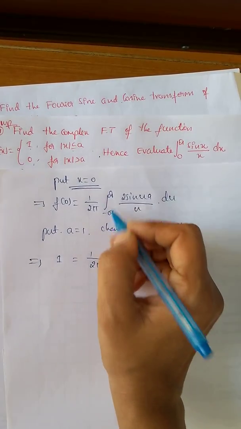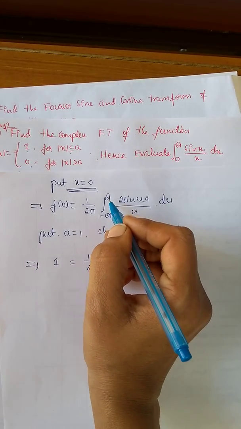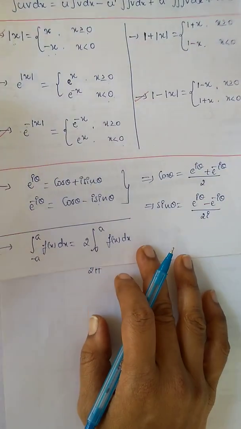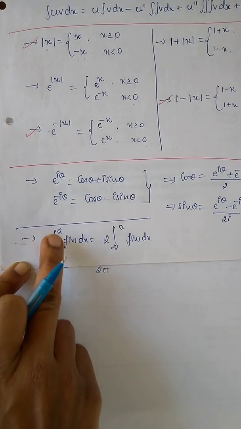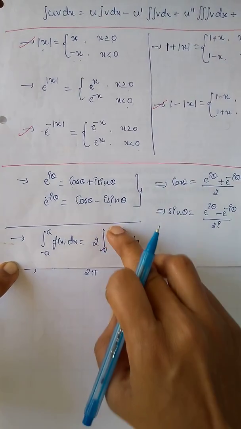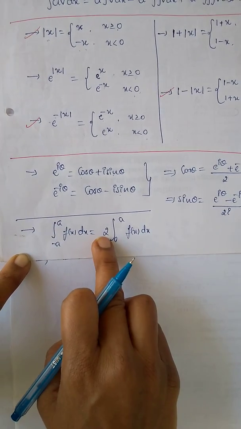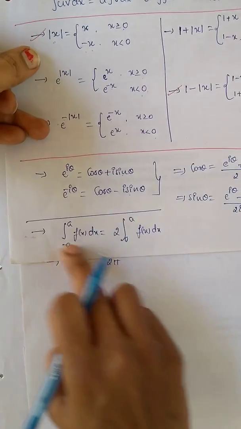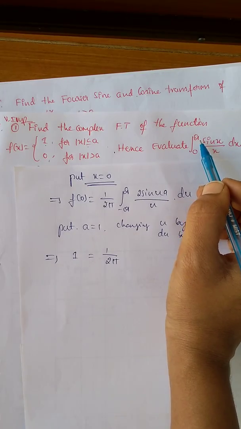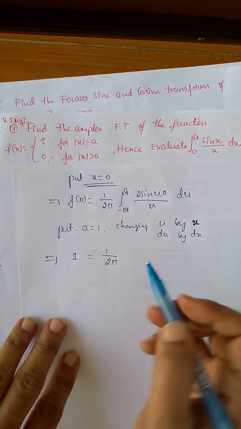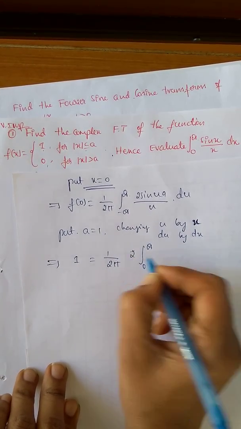And the integration limit. What is the integration limit here? 0 to infinity. But we have minus infinity to infinity. So again, by using the last note, we can change the limit. Suppose you have minus a to a of f of x dx, we can change the limit to 0 to a, just multiply by 2. If you have minus infinity to infinity, just multiply by 2, we get 0 to infinity. So using this last note, we can change the limit. Therefore minus infinity to infinity, I change to 0 to infinity, just multiply by 2.